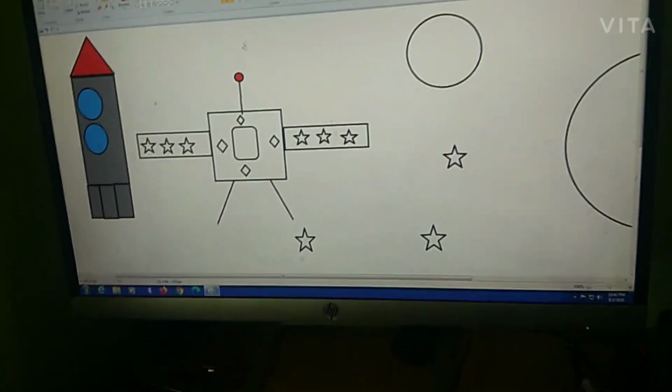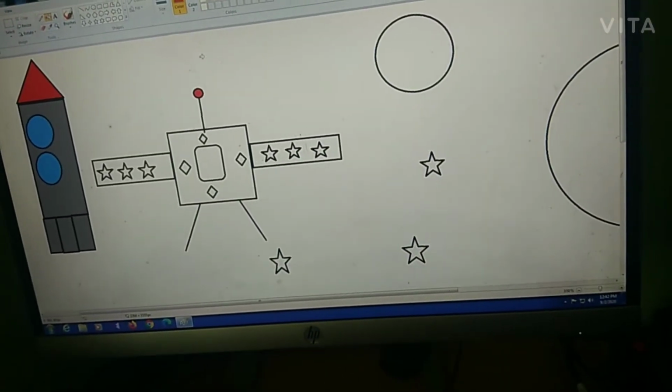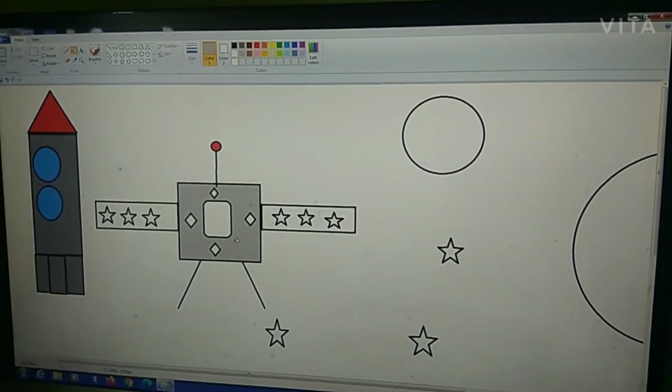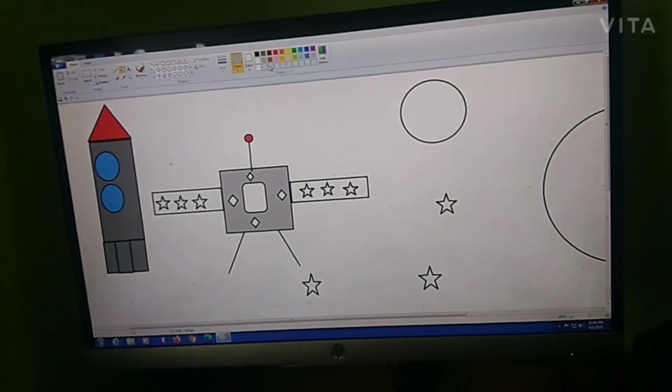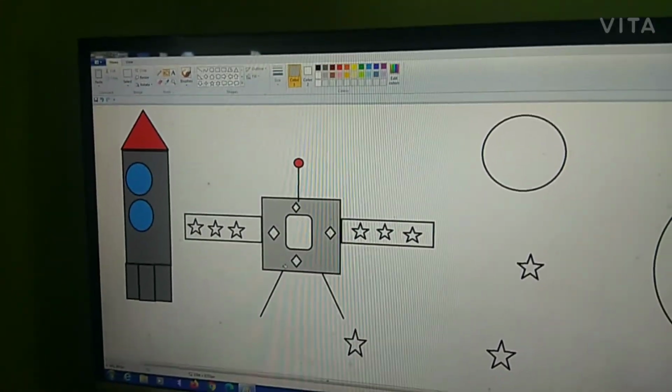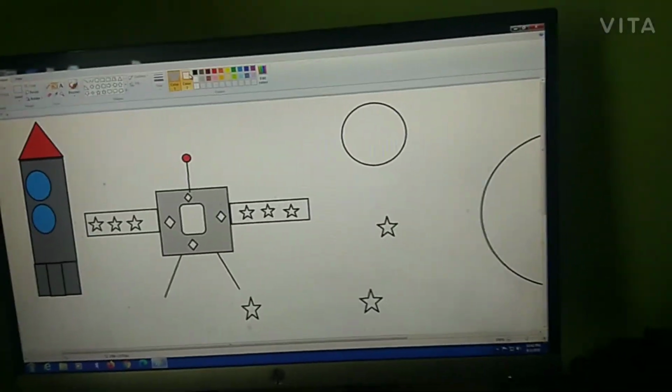Now the top ball. This one will be like this, but it will be lighter gray. Which color? This is light gray. Or you can also choose this, but it will get a bit deeper. Light gray is looking good. You know better, I have no idea about it.